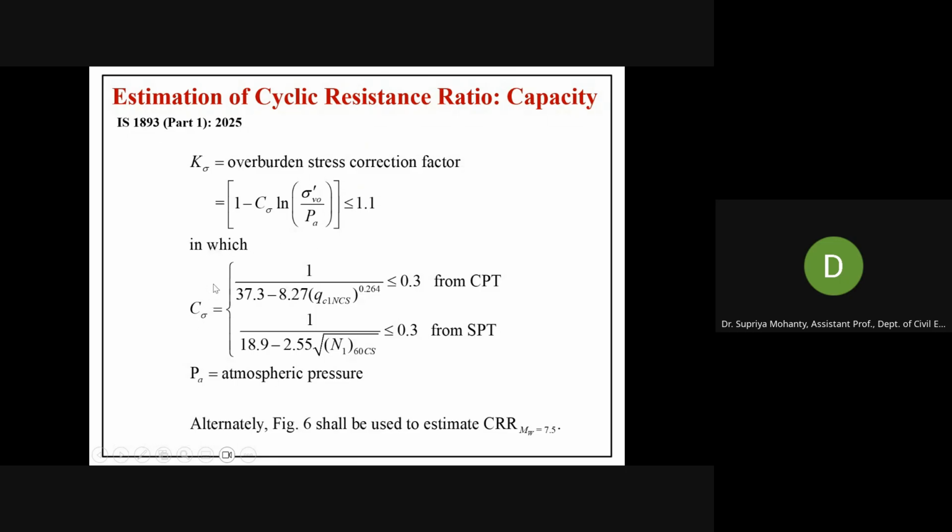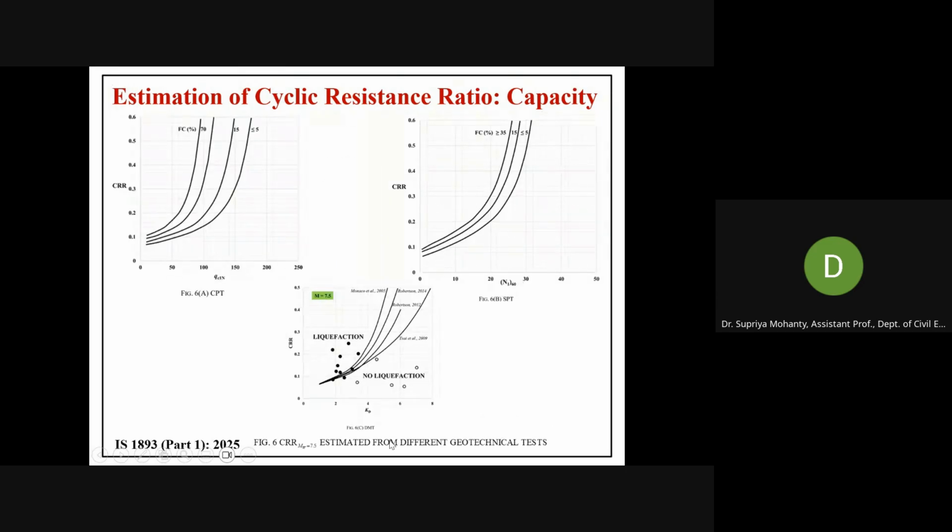And here, this C sigma is also a function of your corrected tip resistance and corrected SPT N value, applying the fine content correction factor. So depending on the availability of the result, if you have it, then you can calculate using this expression. Otherwise, you can calculate this CRR 7.5 from figure 6. Figure 6A is based on the CPT value, meaning the corrected CPT value, you can calculate the CRR, and the second one is for SPT, the corrected SPT value, you can calculate the CRR, and